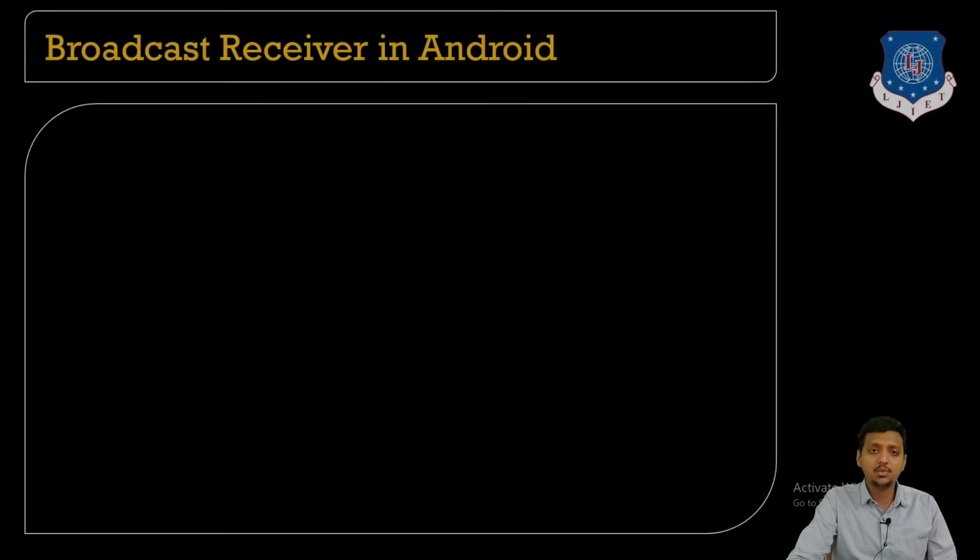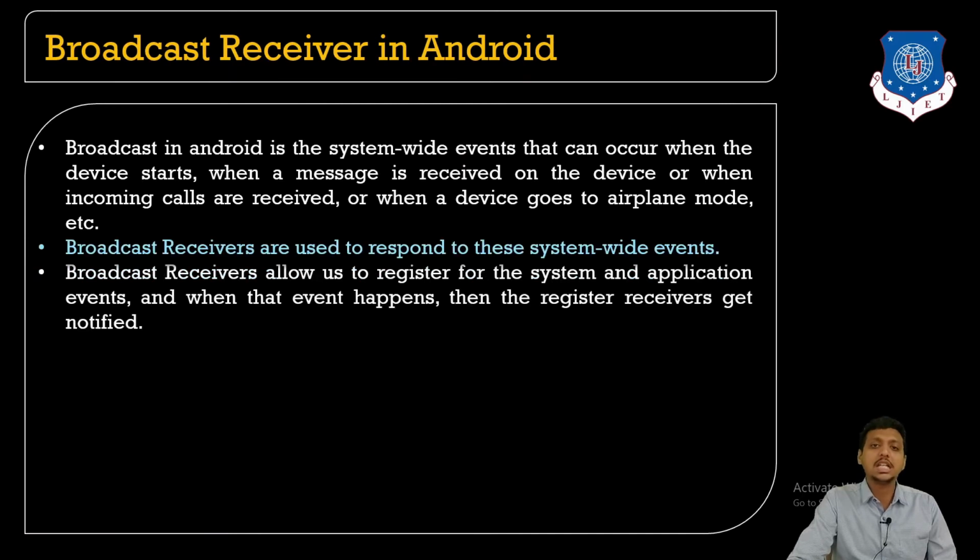So let me just give you some basic introduction about the broadcast receiver. Have you ever experienced, students, that whenever your alarm application is set in the background, not in an active state, still at 7 a.m. you get notified by the alarm application? Now, whenever your phone's battery gets low, you are automatically notified by the smartphone that your phone battery is low. What is this? This is all about broadcast receiver events.